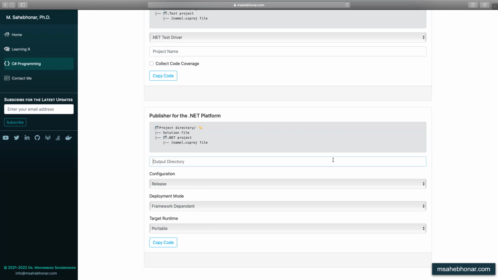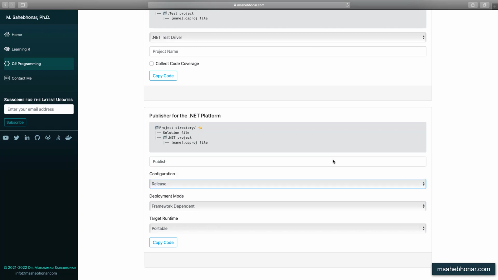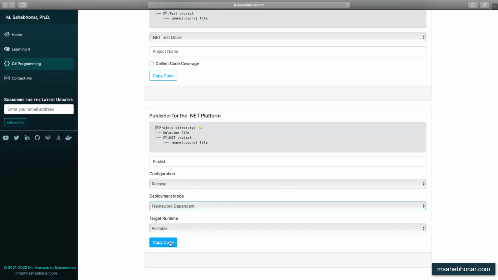But first things first, we need to specify a name for the output folder, and we want to publish the release build of our app. Based on how we want to run the app, we can publish the application in two different modes. If the hosting machine has .NET Runtime, we can choose the framework-dependent mode to publish the app. The output includes only the application itself and its dependencies. For .NET Core 3.1 or higher, the framework-dependent executable is the default mode for the .NET Publish command.